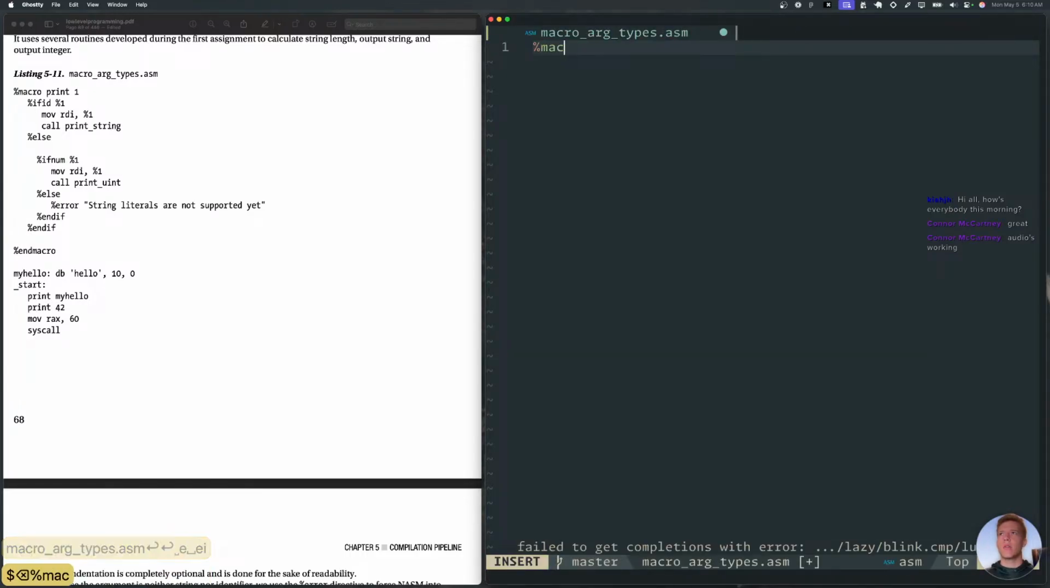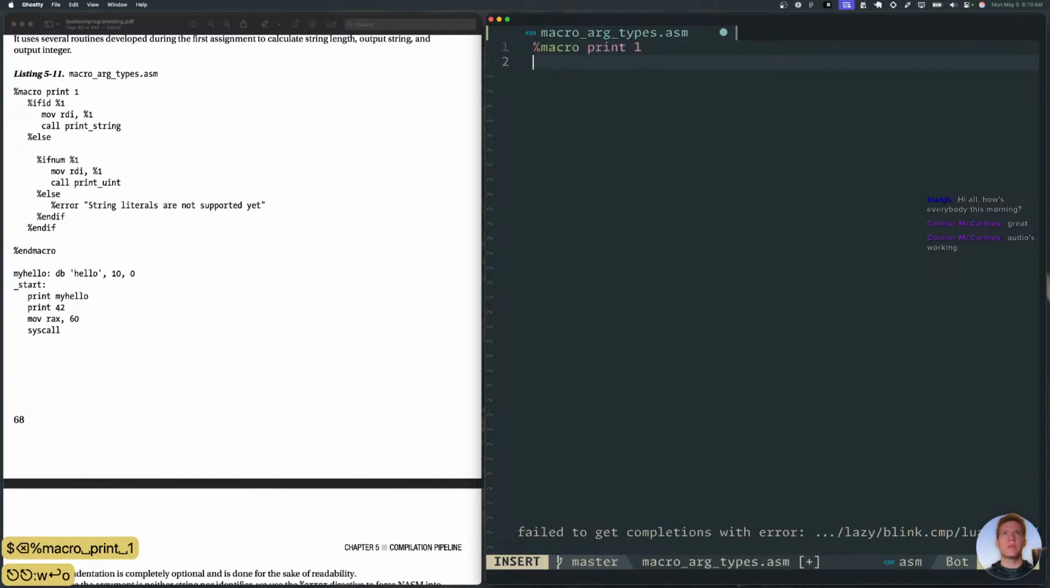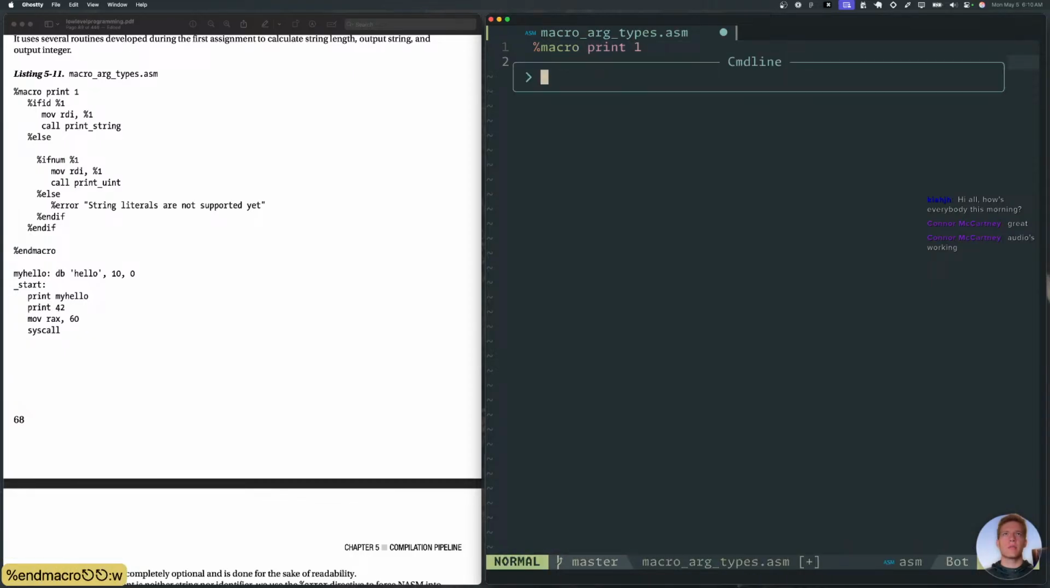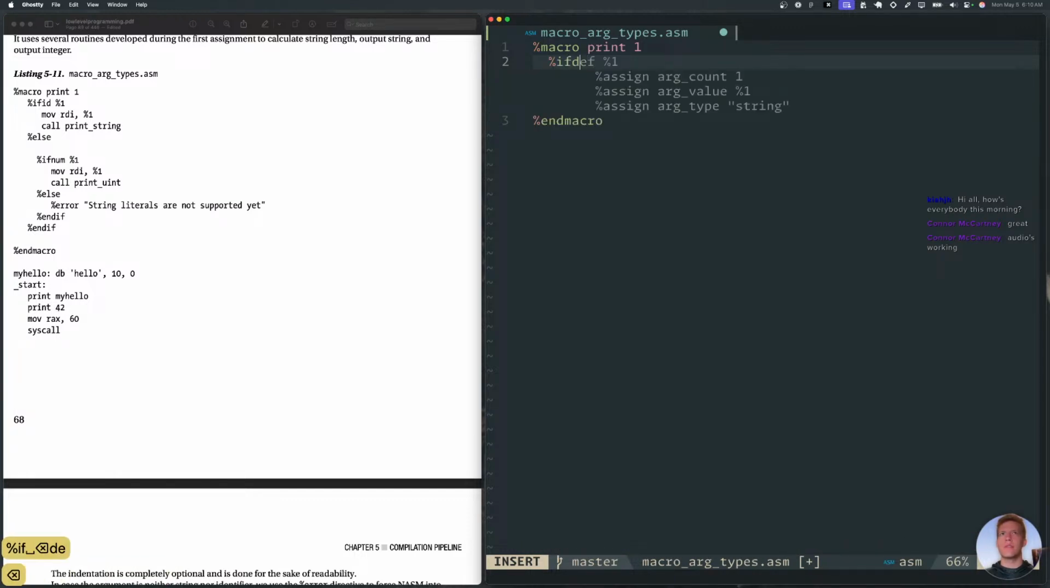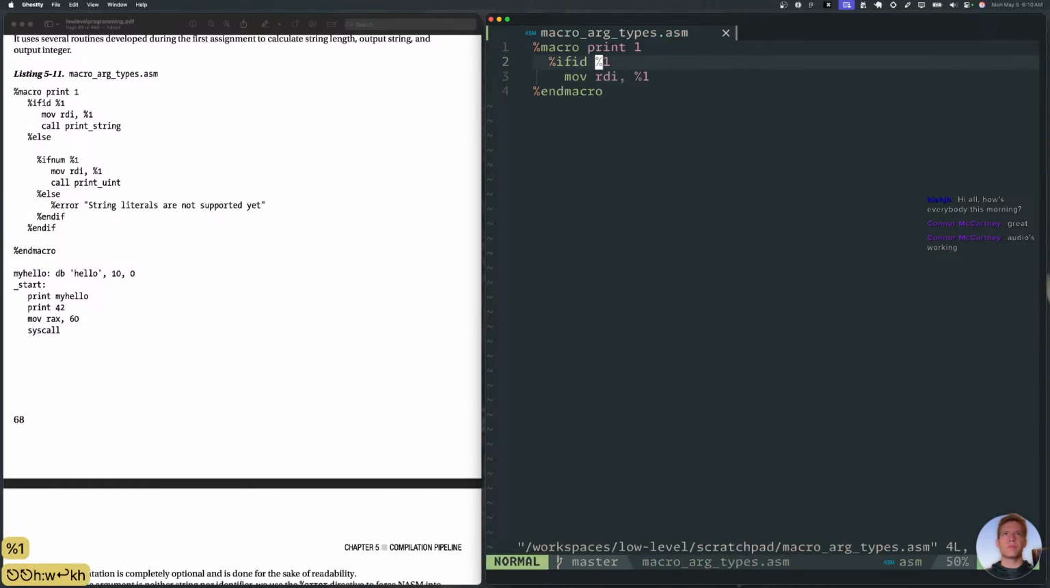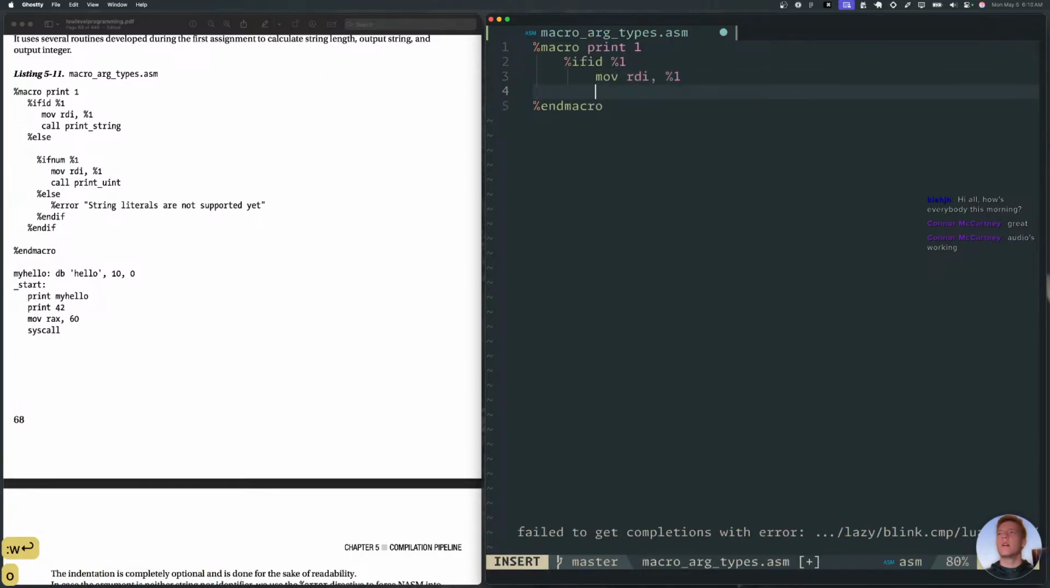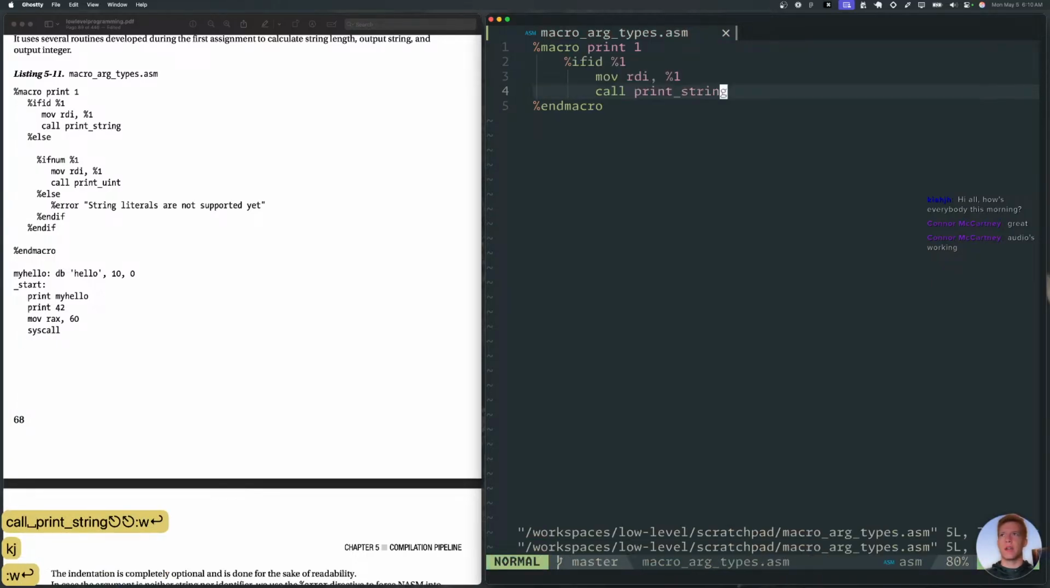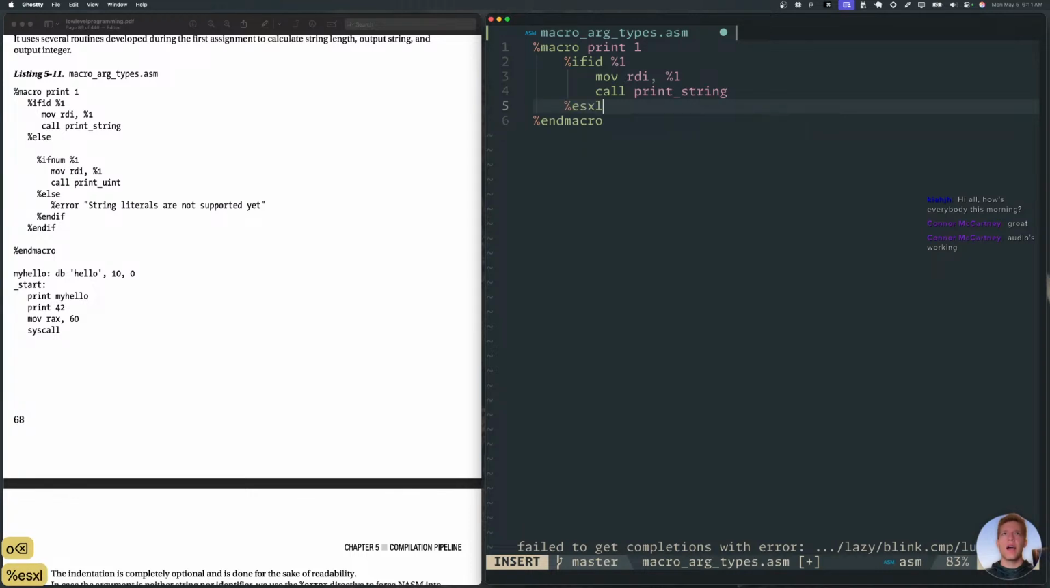I'll say macro print takes one argument, and then we need an end macro. Right up in here, we're going to say if ifid. So if one is an identifier, then we'll move RDI, 1. What do you guys usually do, 4 or 2 spaces for tabs? Call print string. Oh, we don't really have print string. That's okay. We'll just write it out just for the sake of writing it out. Else,